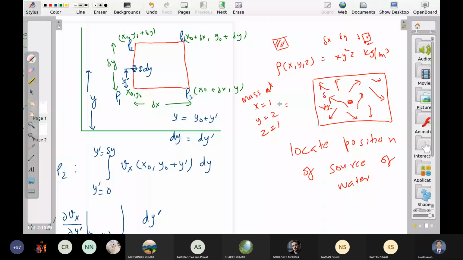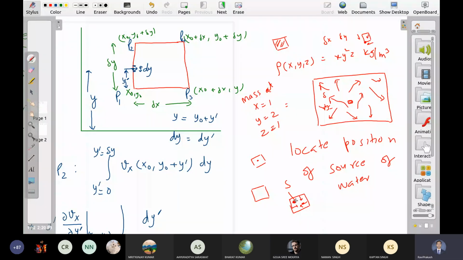Same thing is here. How do I locate a water source? Water source is a point source, right? So what is the technique? Draw a small area, check divergence in this area, and keep shrinking it. Now there are many ways of shrinking. Let us say the water source is somewhere here, and you shrink to this point. This is the source, but you are shrinking towards this point. You are shrinking the boundary, it means your divergence will be 0. But if you shrink the boundary to this point, then your divergence will not be 0. Okay.